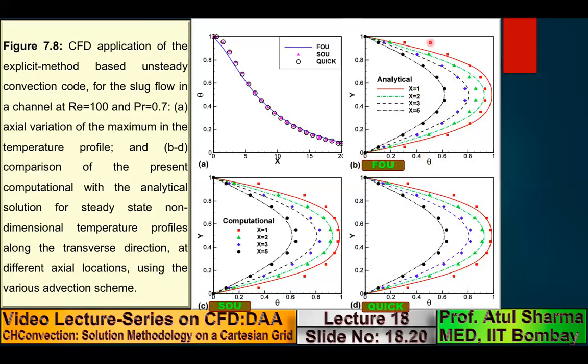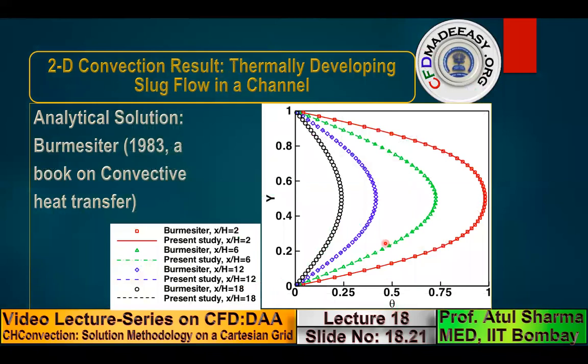And you can see that on the same grid size, which is relatively coarse, you get a more accurate solution by the QUICK scheme as compared to the first order upwind scheme. This is the result obtained from the second order scheme, which is better than the first order upwind scheme. But among all the three schemes, the result obtained by the QUICK scheme is the best. And if you run on a very fine grid, this is the solution, where you can see an excellent agreement between the analytical solution and the computational solution.